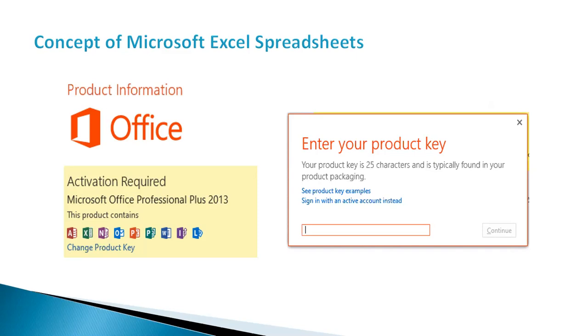There have been various versions of Excel spreadsheets. The more recent ones have been Excel 2010, there was Excel 2013, there was Excel 2016, and at the moment we have a subscription-based Office suite, which is Office 365. You can download it and you can get the product key. So for you to use your Office software, you will need to have your product key, and Microsoft Office Excel is just part of the Office suite, which is composed of several